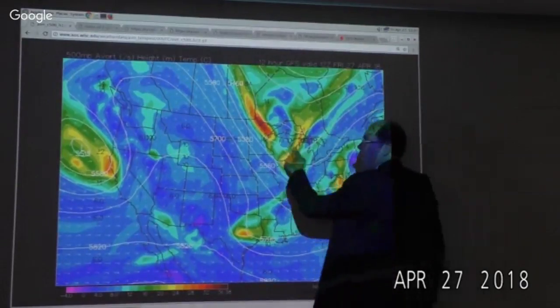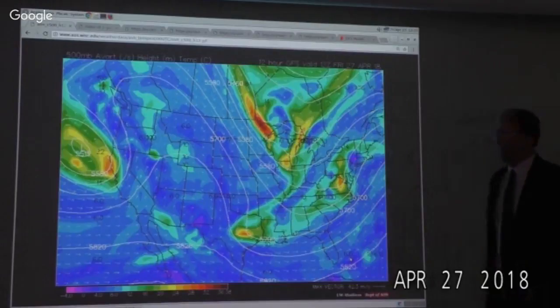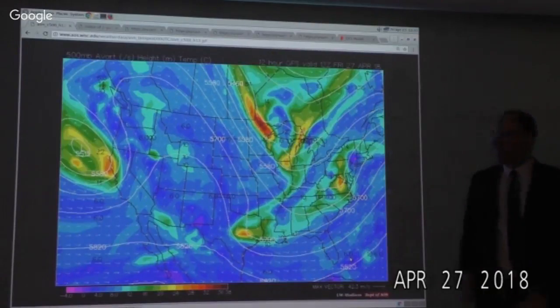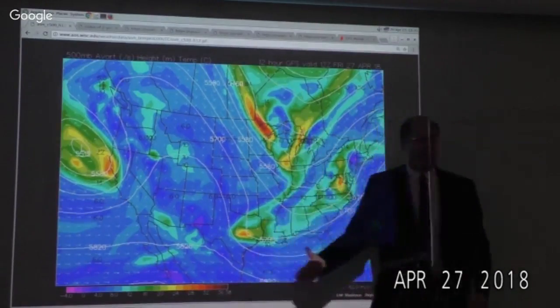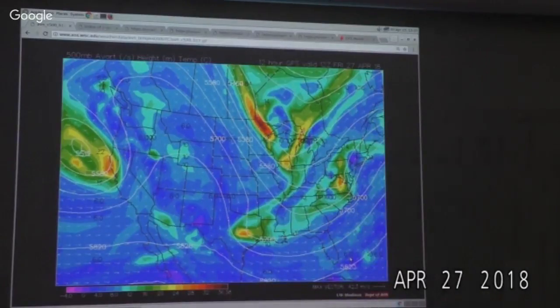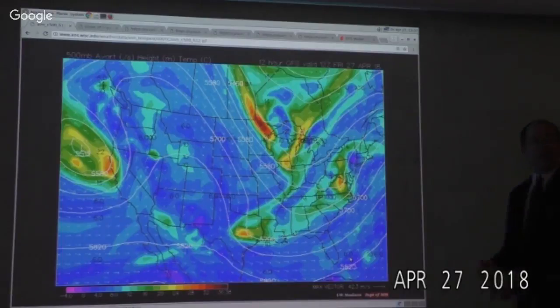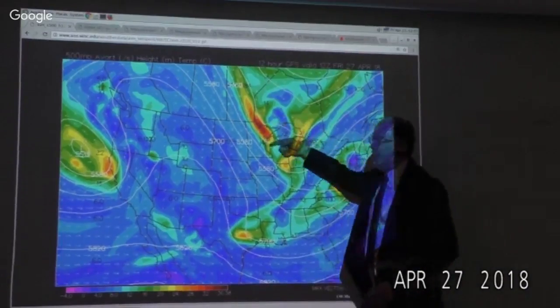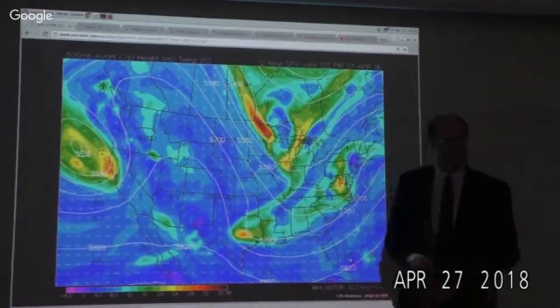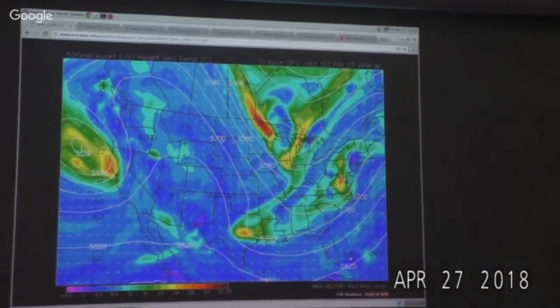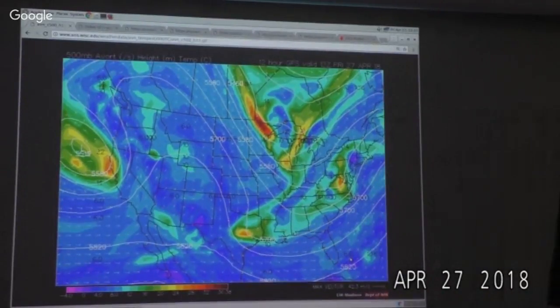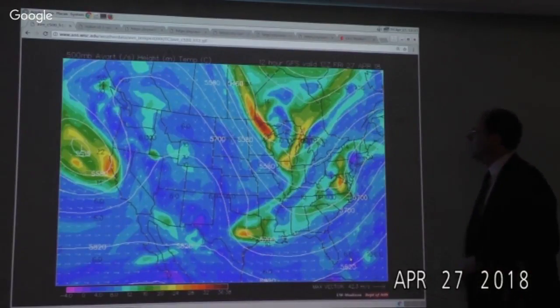But that edge around there that you're talking about, that's the upper level front. Well, it's the edge of the penetration of the upper front. Yeah, so isn't that like a material surface, like that's actually the tropopause intersecting? Oh, yeah. This is the edge of like a 2 PVU surface in the horizontal. So it's like a material surface that doesn't interact with its surroundings. Exactly. It's like a tropopause.